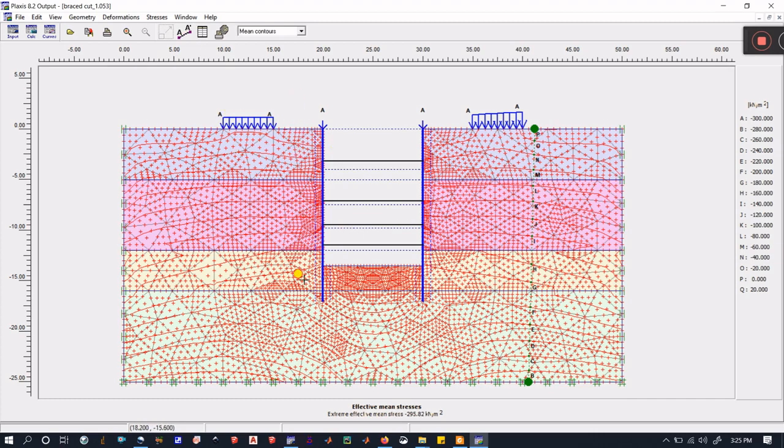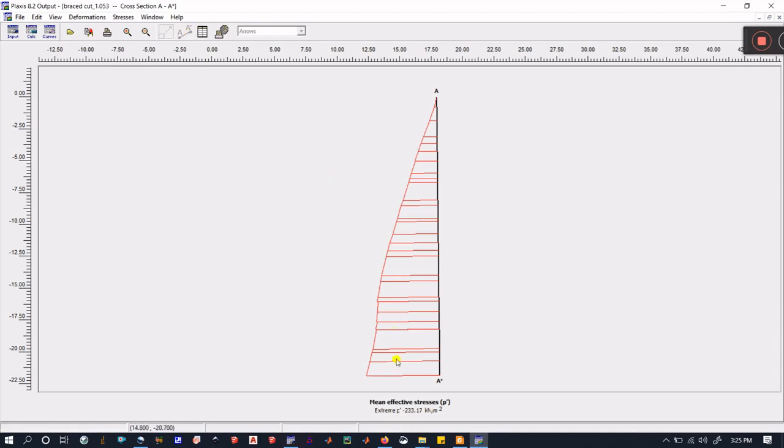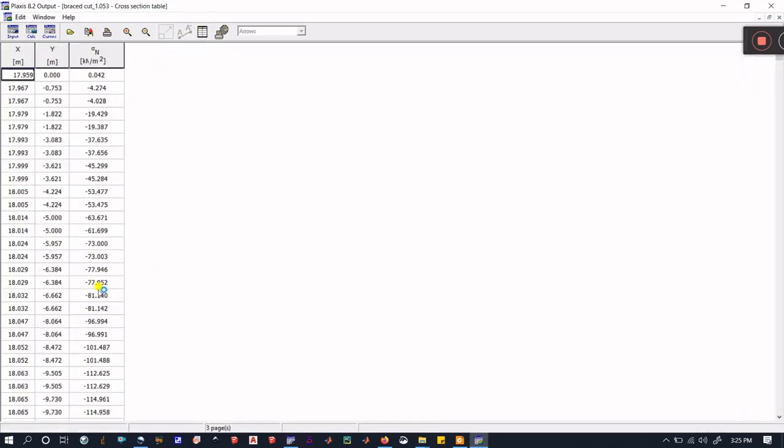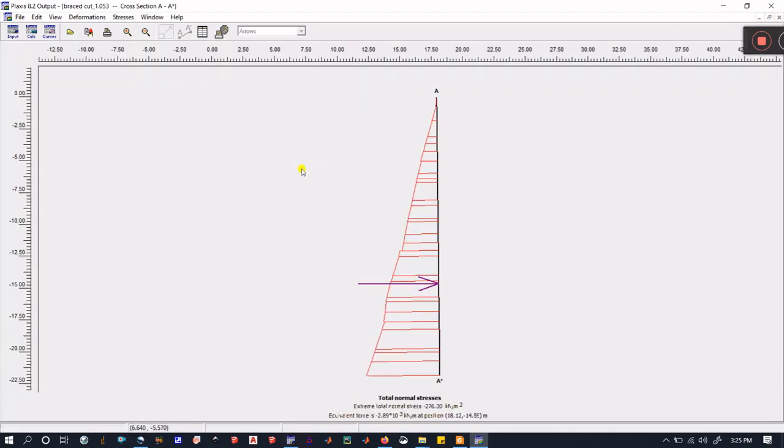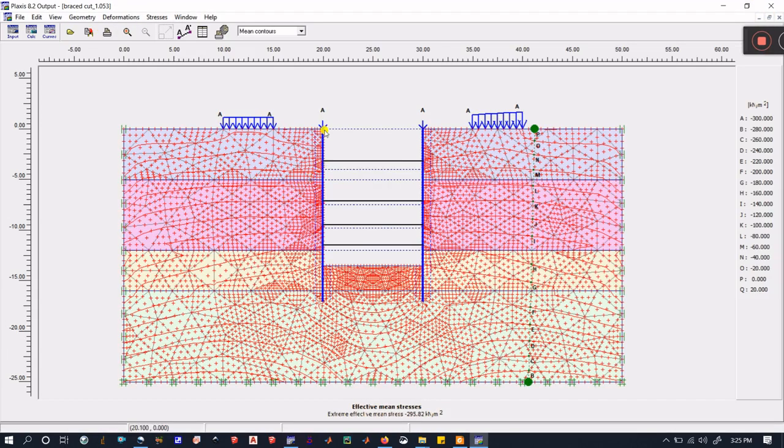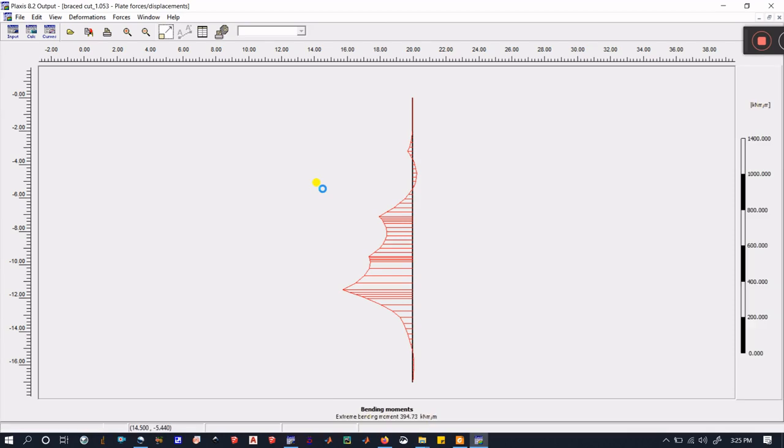If you want to see the result in a cross section, just take this cross section and see here. Then all the properties you can see, total stress and everything. You can generate a table for the numerical values, and export it into any software, and use it as per your requirement.